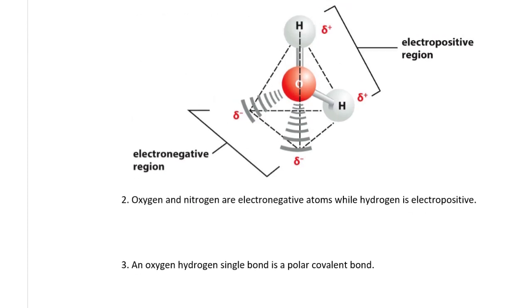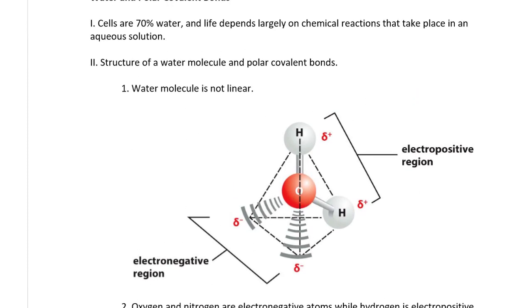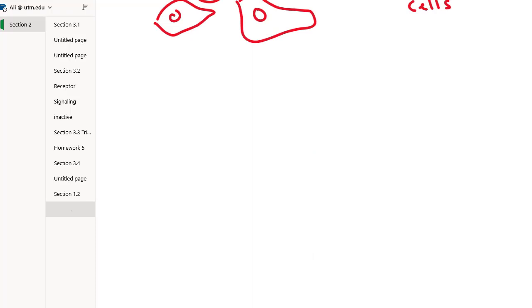Okay, so moving on, a little bit more chemistry. Cells are 70% water. Life depends largely on chemical reactions that take place in an aqueous environment. Oxygen and nitrogen are electronegative atoms. All that means is that when they form covalent bonds with electropositive atoms, and the one electropositive atom that we're only interested in is hydrogen,